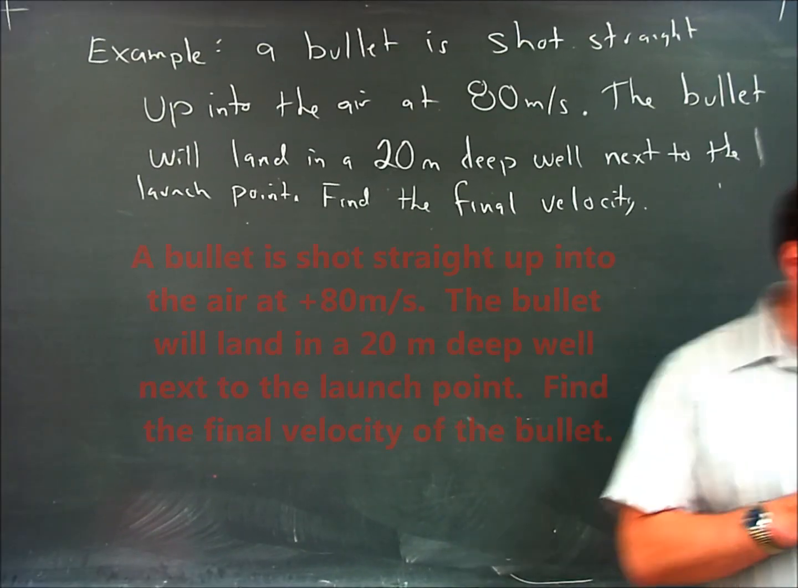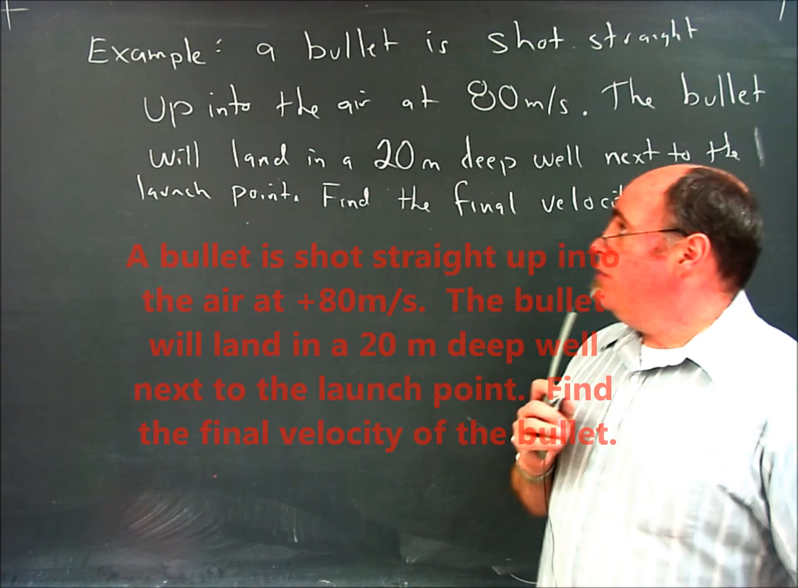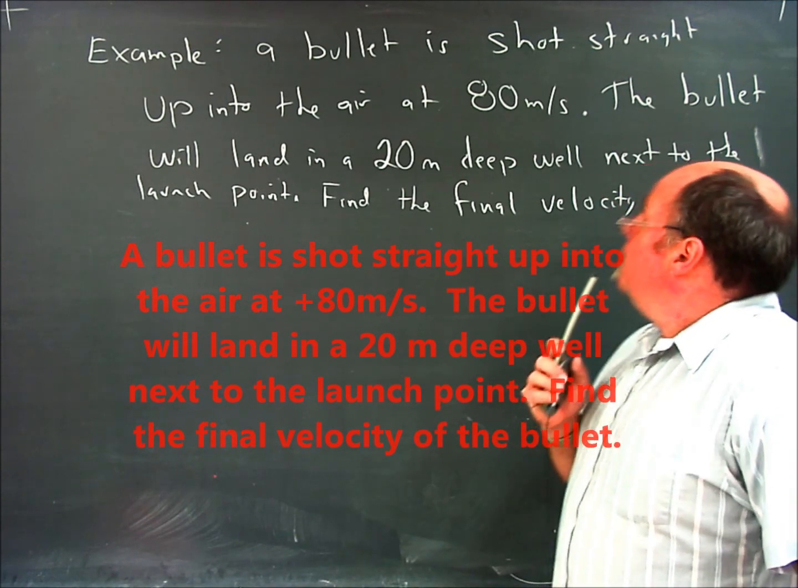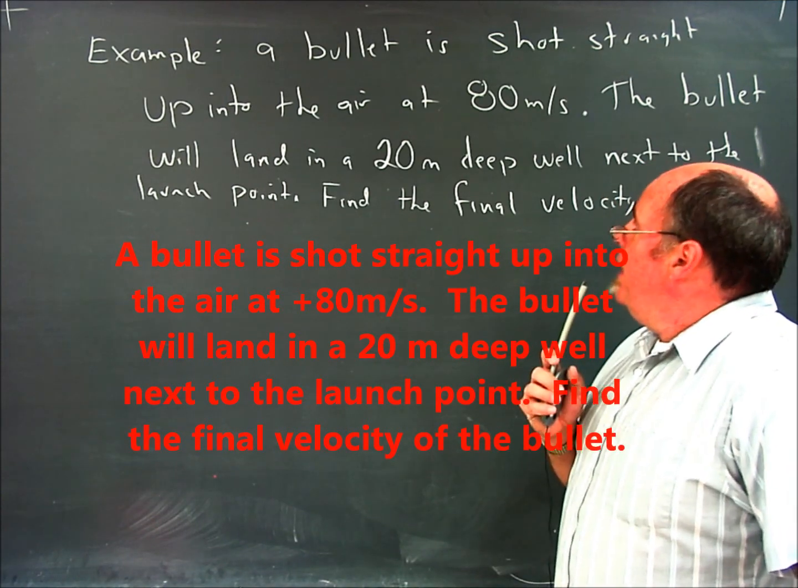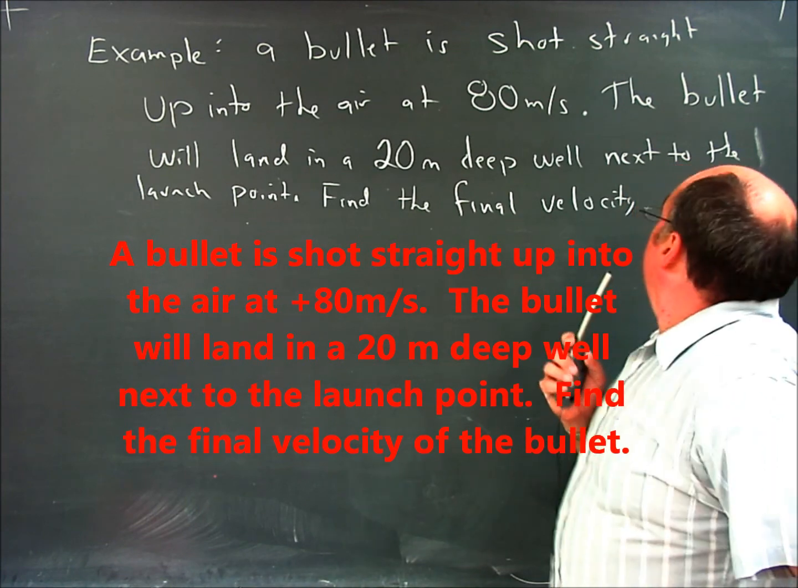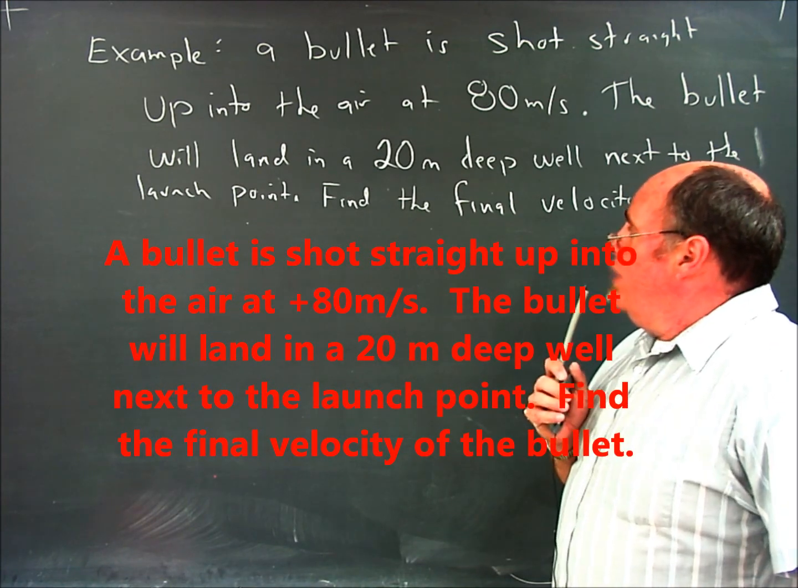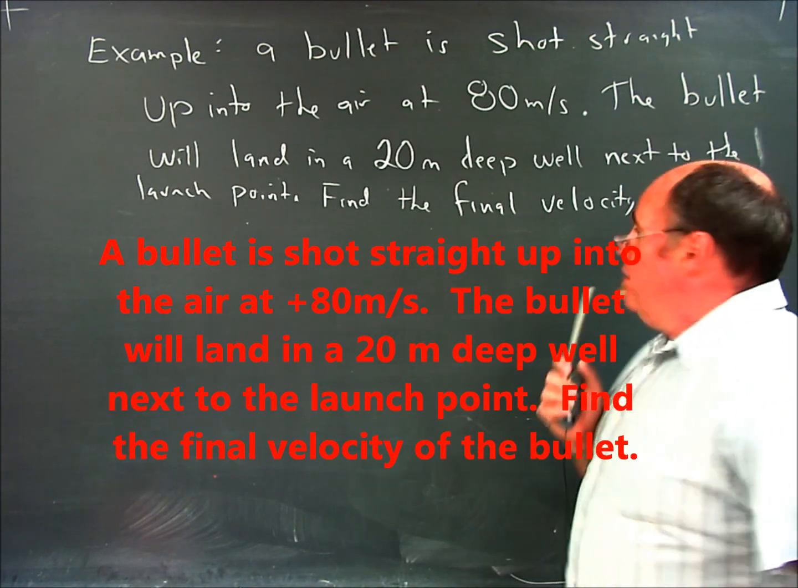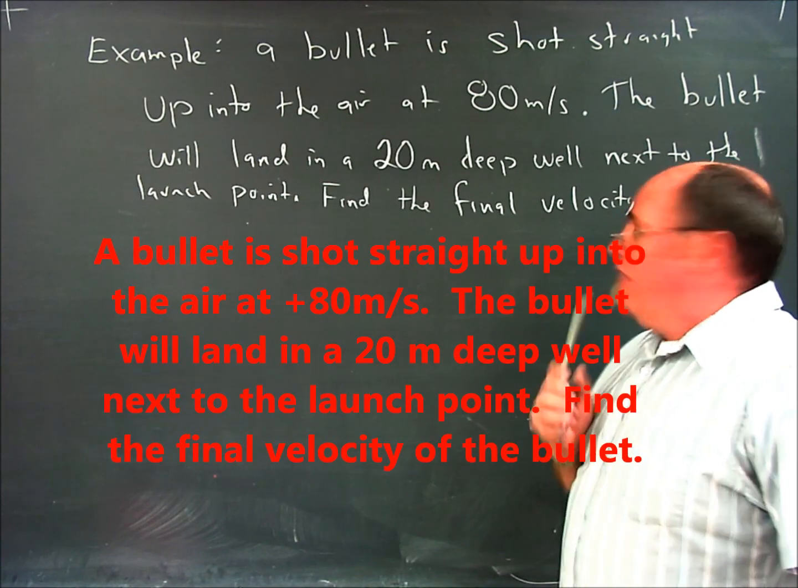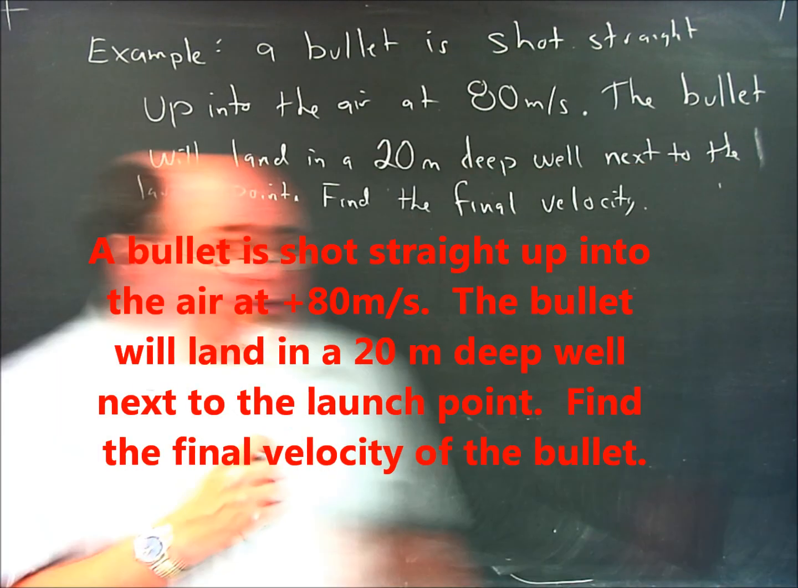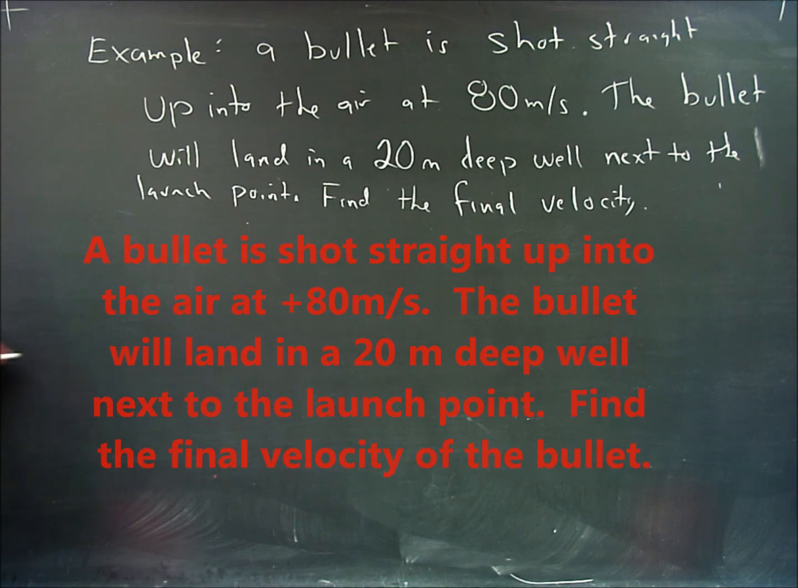So for this particular sample problem, I have this. There's a bullet that's going to be shot straight up into the air at 80 meters per second, and the bullet will land in a 20-meter deep well next to the launch point. Find the final velocity of that bullet. So what's happening is,